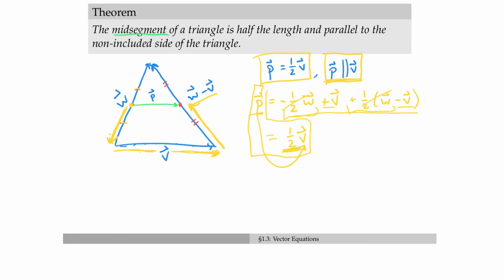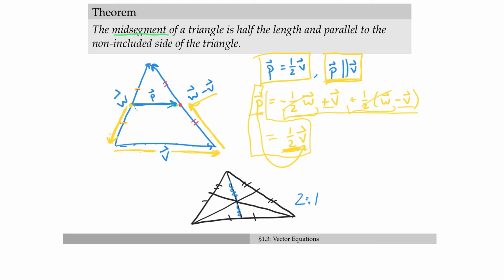If you're feeling extra spunky, I challenge you to use this to prove that the medians of a triangle cut each other in a 2-to-1 ratio. It's not that bad of a proof, and you should be able to pull it off from this. Go from here with a mid-segment theorem,